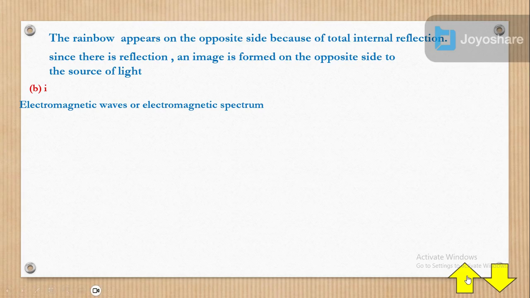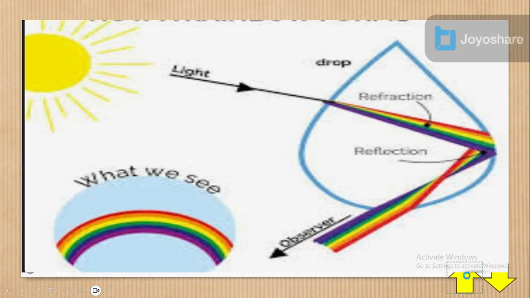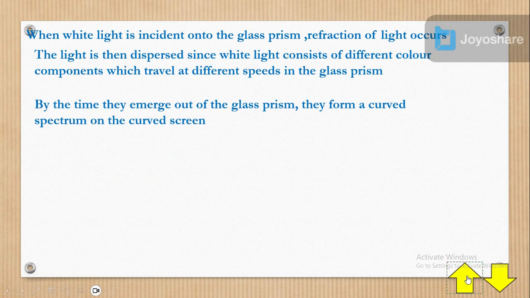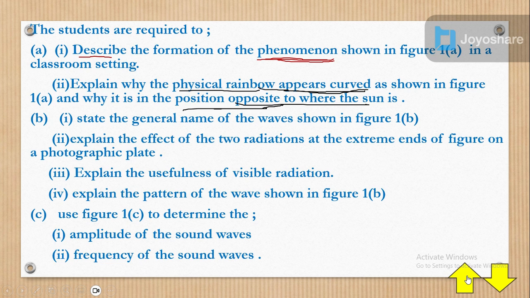What were they saying? Roman number 2. Okay, Roman number 2 is saying explain. Okay, let's see this. It says: explain the effect of the two radiations at the extreme ends of the figure on the photographic plate. Now they want to see the effect of the two radiations at the extreme ends of the figure on a